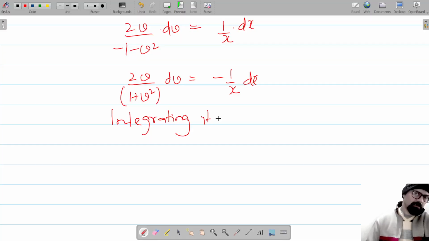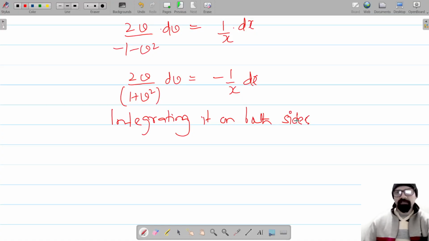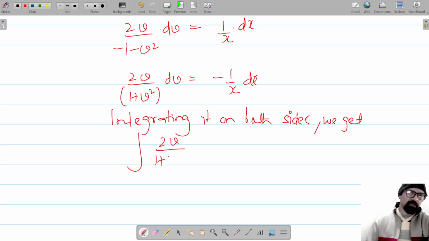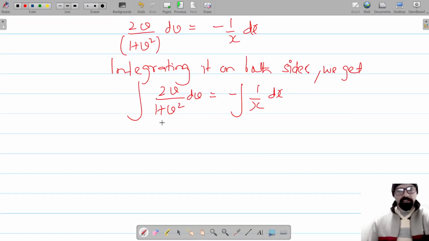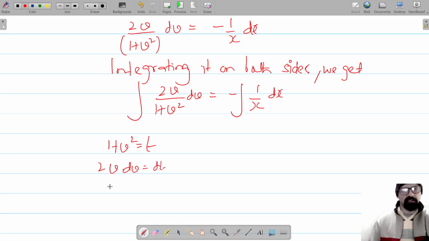इंटीग्रेटिंग इट ऑन बोथ साइड्स। सो इंटीग्रेशन से हमें वो फंक्शन मिलेगा जिससे ये डिफरेंशियल इक्वेशन बनी थी। तो इंटीग्रेटिंग ऑन बोथ साइड्स we get, so how do we integrate? Just use the integration sign and let's see, so this is into negative 1 by x into dx। तो ये बन जाएगा log ऑफ वन प्लस v स्क्वायर। अगर इसमें हम सब्सटीट्यूशन करें वन प्लस v स्क्वायर को t मान लें, तो ये आ जाएगा टू v इंटू dv इज इक्वल टू dt, तो v इंटू dv बन जाएगा हाफ ऑफ dt, हाफ आ जाएगा बाहर, और बन जाएगा log ऑफ वन प्लस v स्क्वायर।